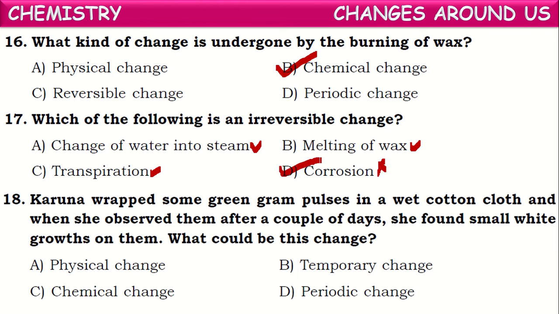Karuna wrapped some green gram pulses in a wet cotton cloth, and when she observed them after a couple of days, she found small white growths on them. What could be this change? A small bud starts on the seeds when you soak them and keep them on a cloth for a few days, one or two days. You can observe sprouts coming from those. This is because of chemical changes occurring inside the seeds. So the sprouts appear because of the chemical changes. Those will grow into a small plant. So it is a chemical change. Next,